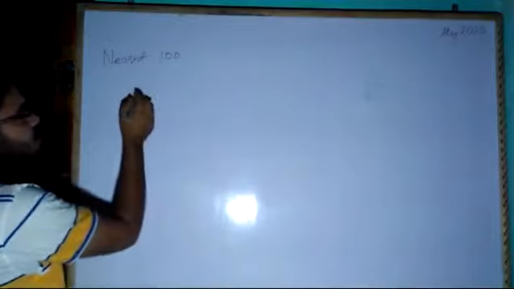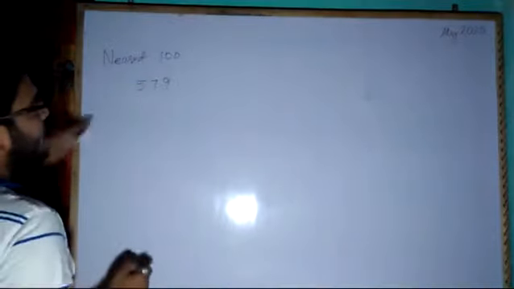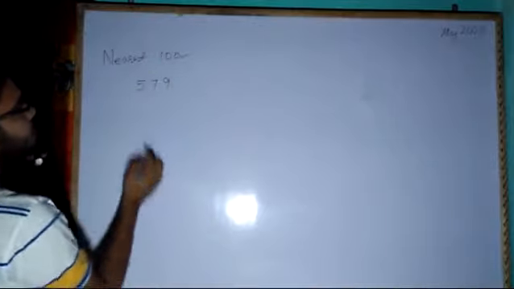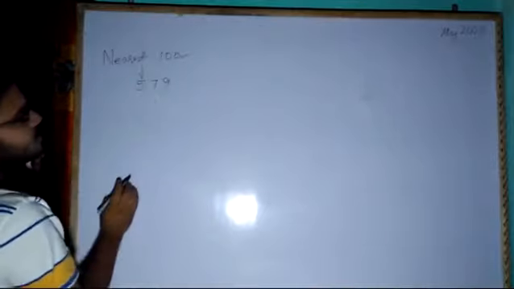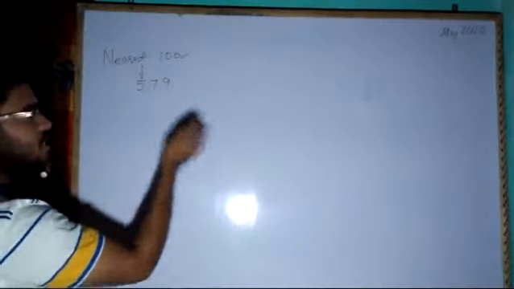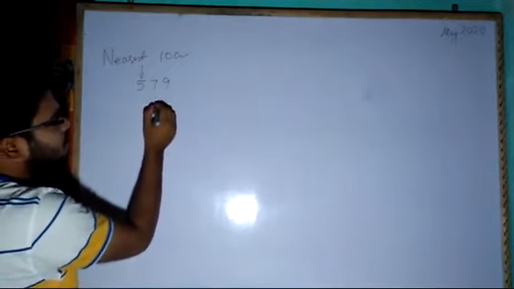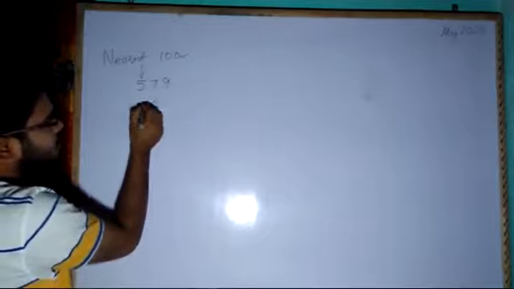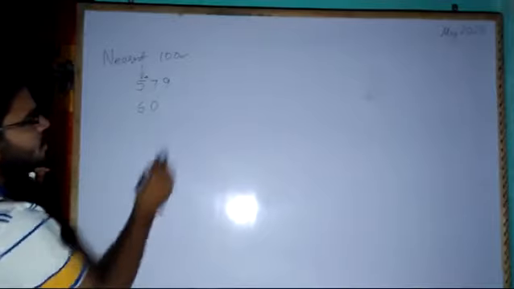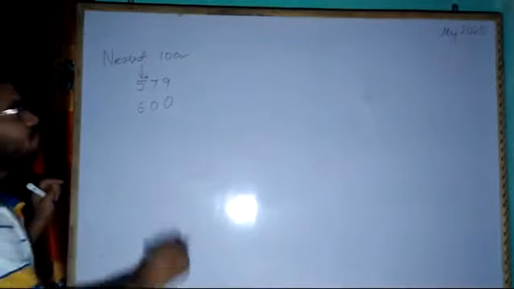We have to see the 100 position and then the tens position to see the increment of the number. For an example, 5, 7, 9. They are asking to round to the nearest 10, so you have to reply. You watch the nearest 10, it is 5. Next to this we have 7, because you have to see the right hand side. So it is 7. If it is 7, then what will it become? It will become 0, and then this will be increased by 1, plus 1, and obviously 9 will become 0. All the other digits will become 0.